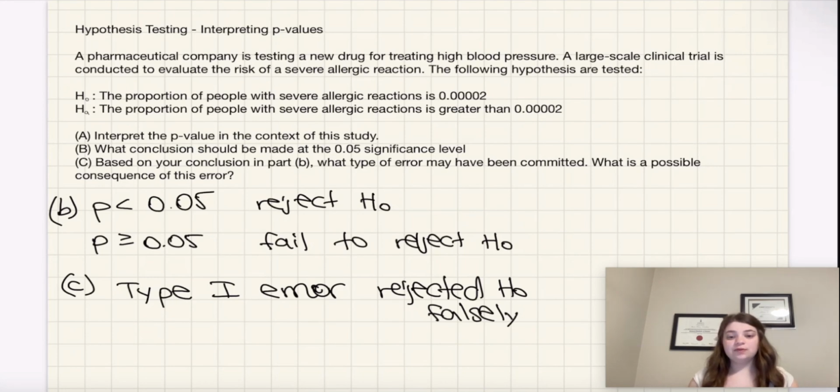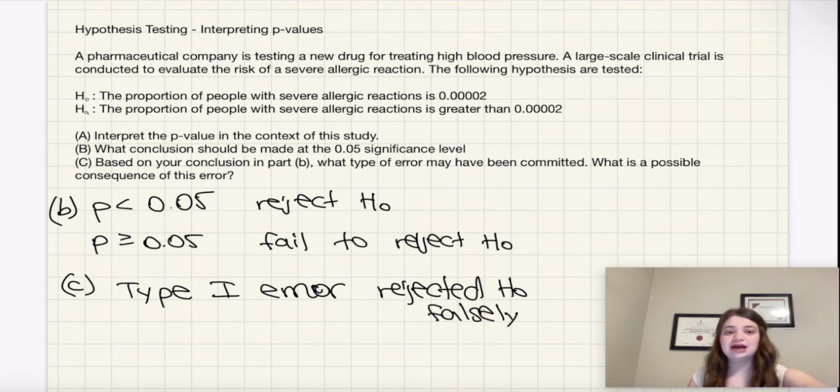And so, therefore, we would have committed a type 1 error, falsely rejecting the null hypothesis and assuming that the proportion of people with severe allergic reactions is actually greater than it is. And in this context, the consequence of that is that the drug might be incorrectly thought of as having a higher risk to people who are prone to severe allergic reactions or who've reacted badly to previous medications. And so there could be extra warnings, there could be extra times when maybe it would have been the best decision for a patient,